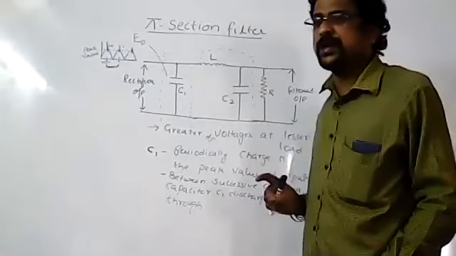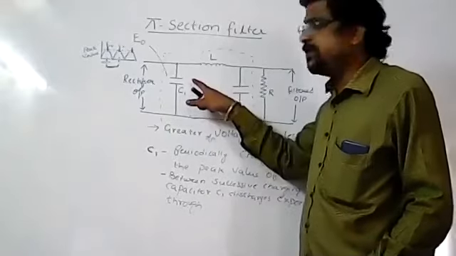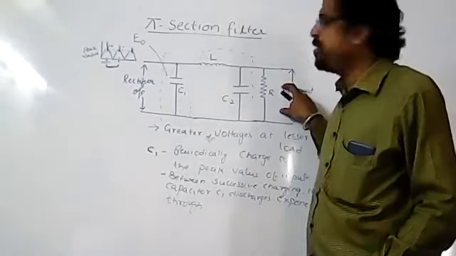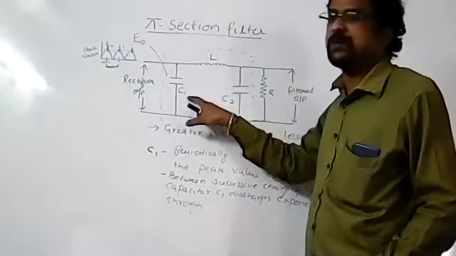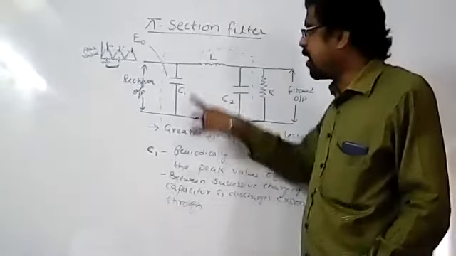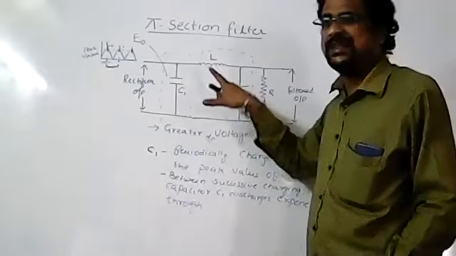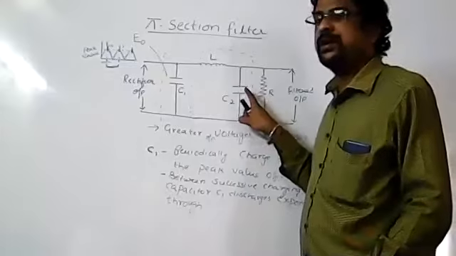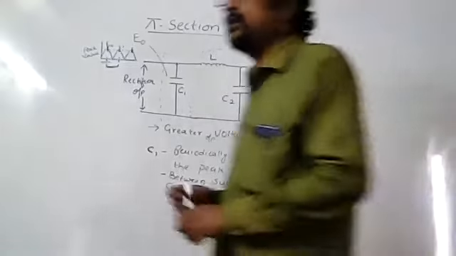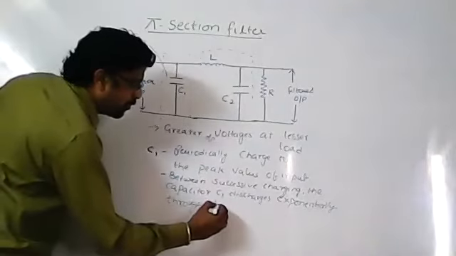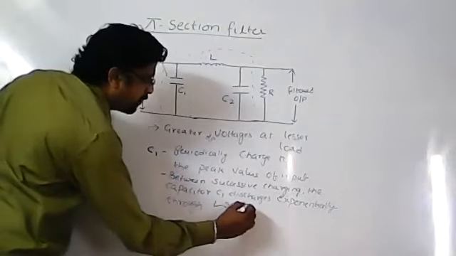In the case of a shunt capacitive filter, everything discharged is available at the resistance R. Now, between the resistance R and the shunt capacitive filter, we have an L section filter. So whatever charge is discharged will be delivered to the L section filter. So I can write here: exponentially through the L section filter.